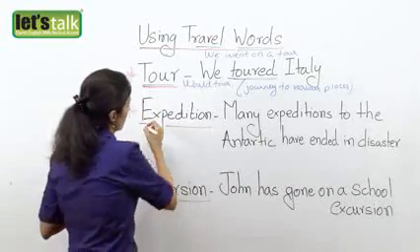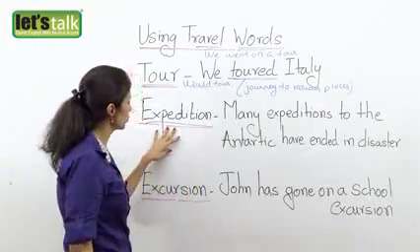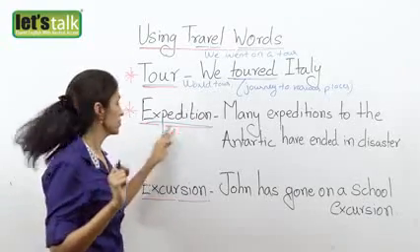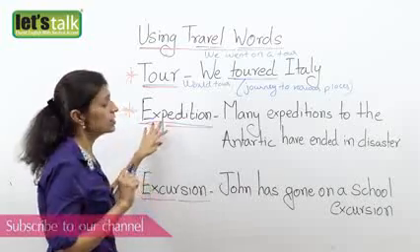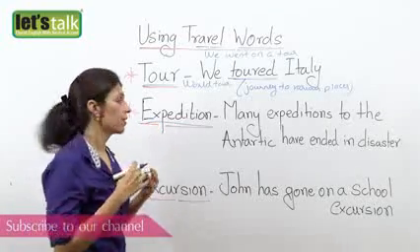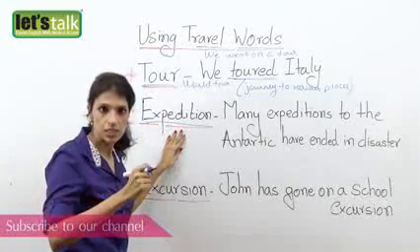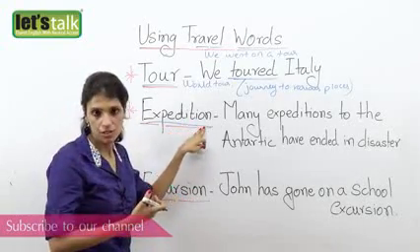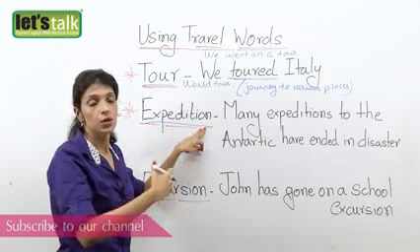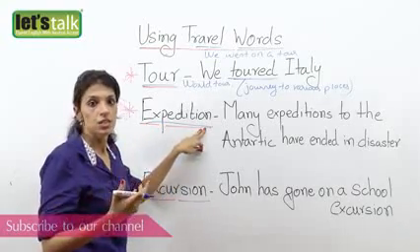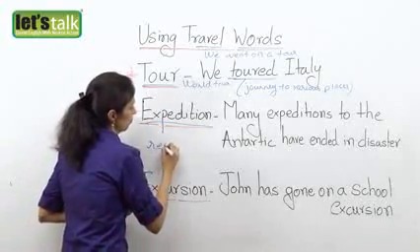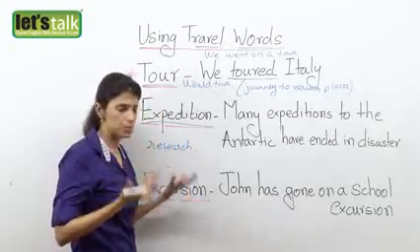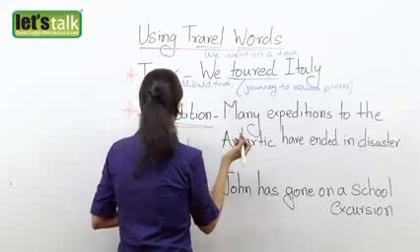The next word, expedition. Now I'm sure we don't use this very often, but there is a particular reason and a time when we use this word. When we talk about people making a journey for a particular reason, for example, you have scientists going on an expedition to space. They go out there to do some research. So when you go for the reason of research, it could be of the environment, it could be of space,